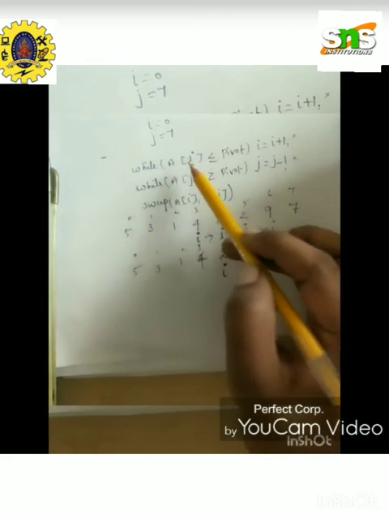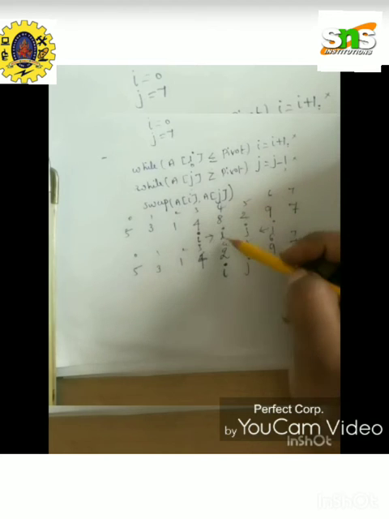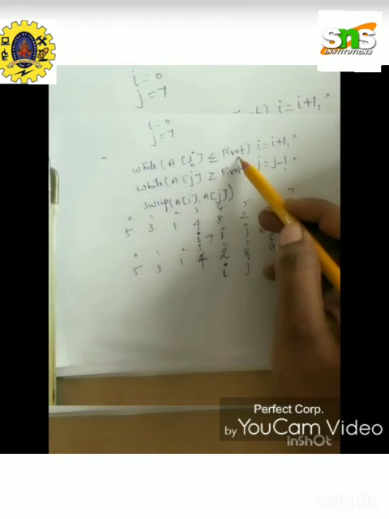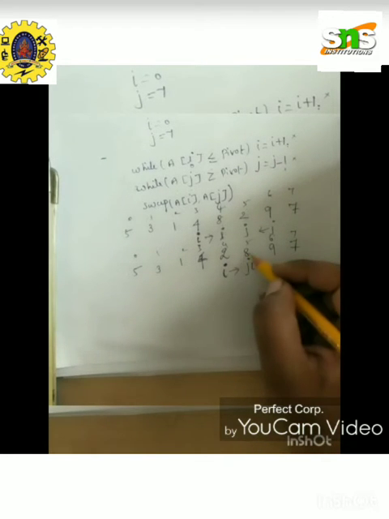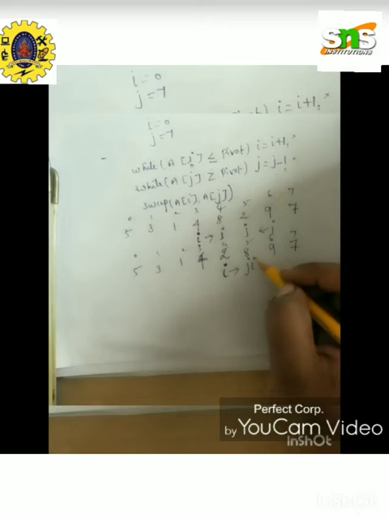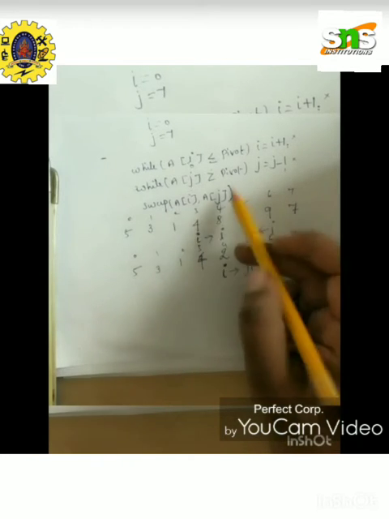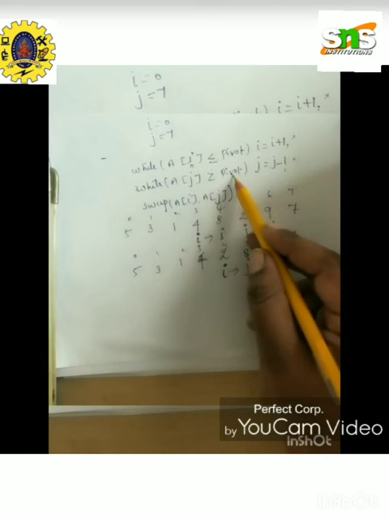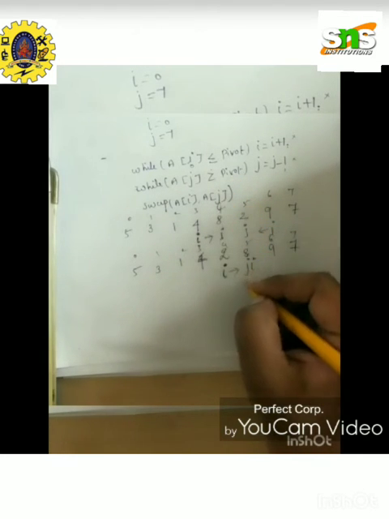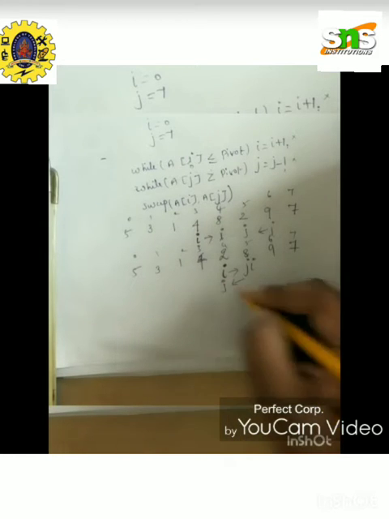As the process continues, what is a of i value? a of 4 value 2 is less than or equal to pivot. Yes, true. Now I moved here. Next, 8 less than or equal to 5? Condition failed, so stop the process. Next, a of j has value 8, is it greater than or equal to 5? Condition true, so decrement j value, j moved here.